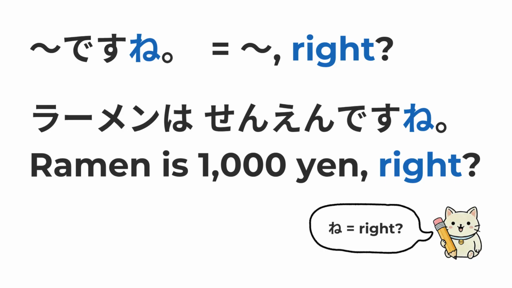First, let's learn na. You add na at the end of a sentence when you want to check or confirm something with the listener, like saying, right, in English. Ramen is 1,000 yen, right? ラーメンは1000円ですね。